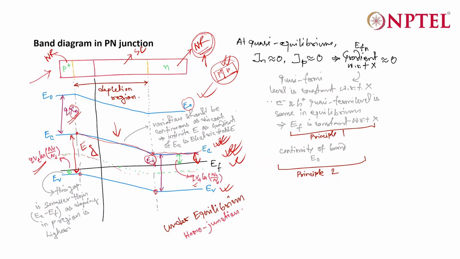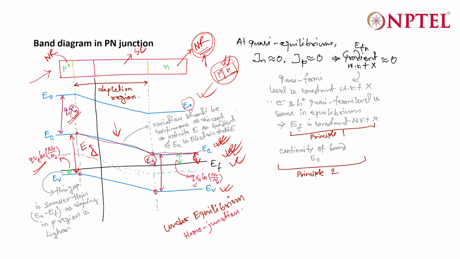So this band diagram is drawn considering two principles. The first principle is EF is constant with respect to X. And we already have said why it is constant. Because under equilibrium, from the transport equation only, you know, Jn is equal to 0, Jp is equal to 0. Now, if you